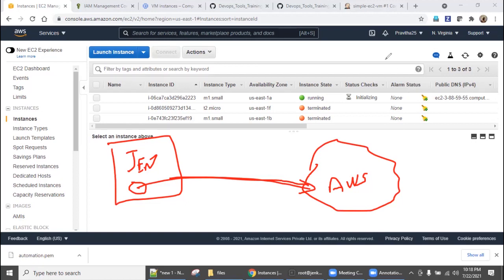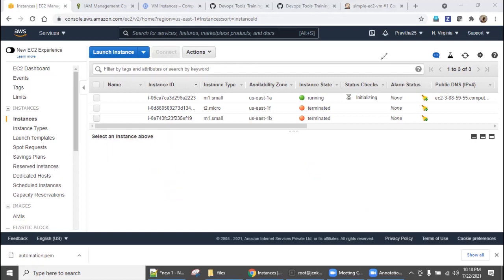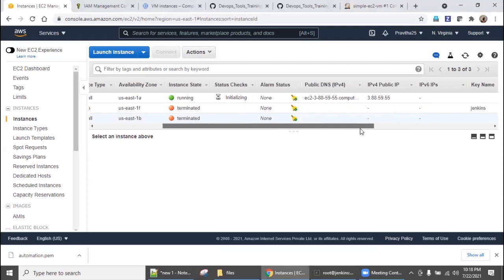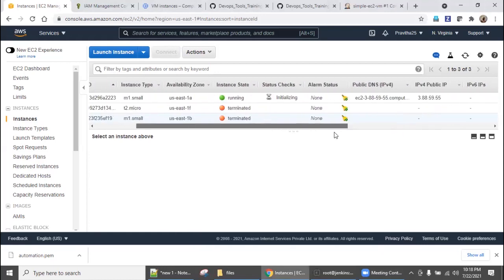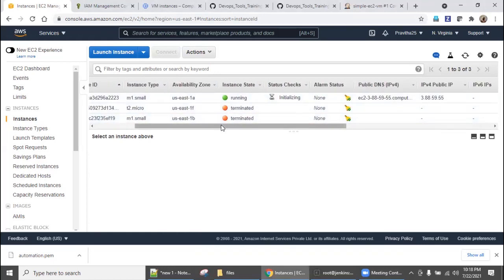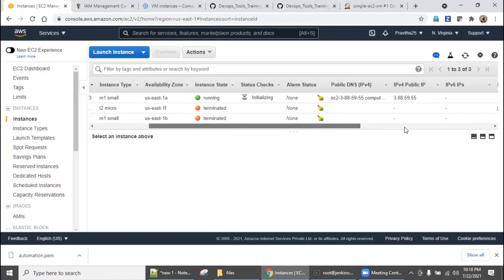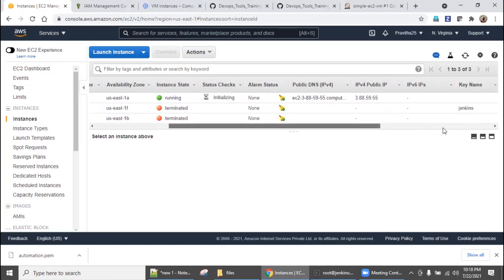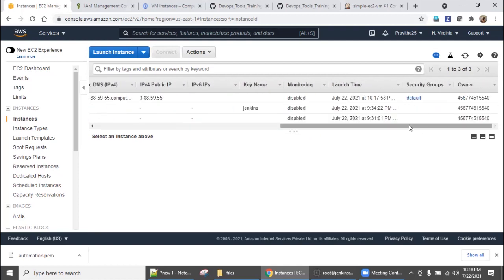But this provisioning normally people won't do. Why? Because see here, you just created the machine, but you have not specified which key pair is associated, which security group. By default security group will not be recommended. Whenever you provision any application server in projects, default security group normally will not be used, right?